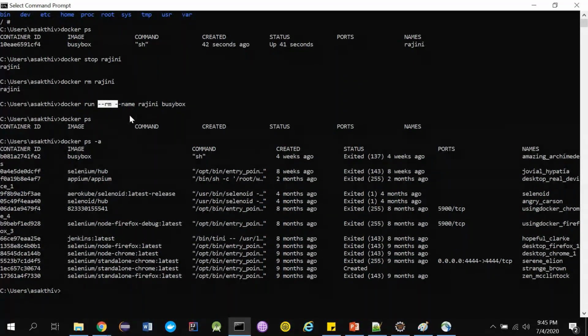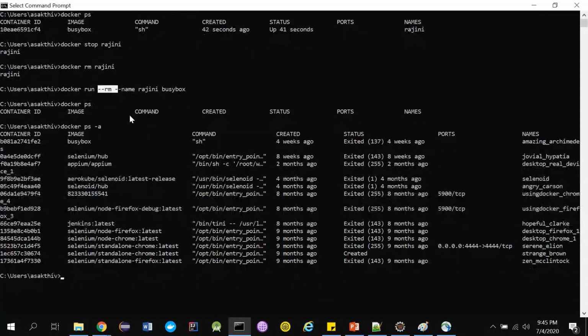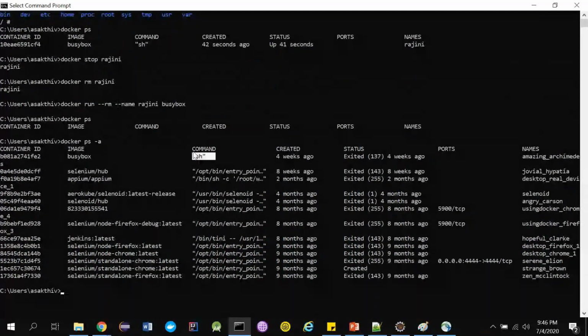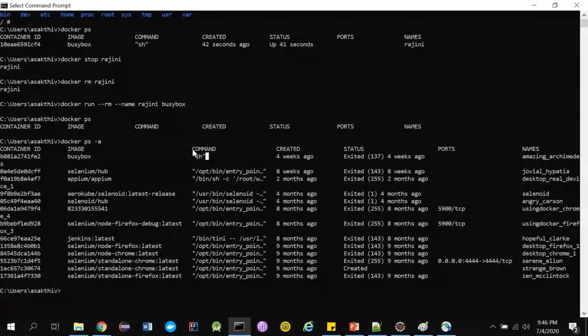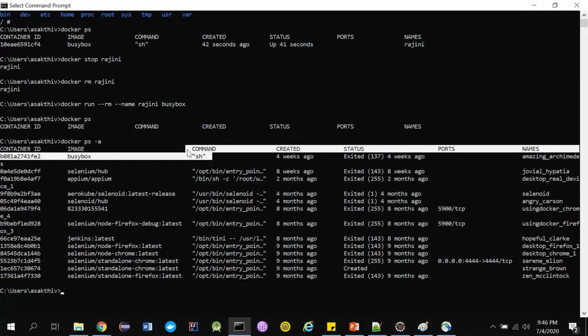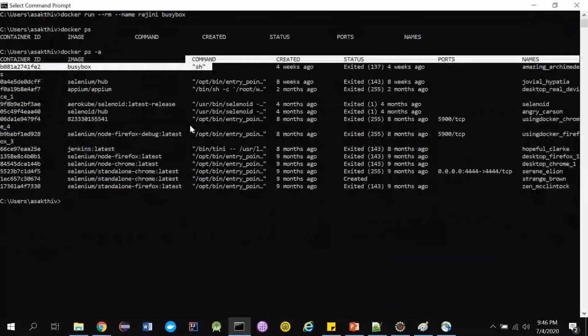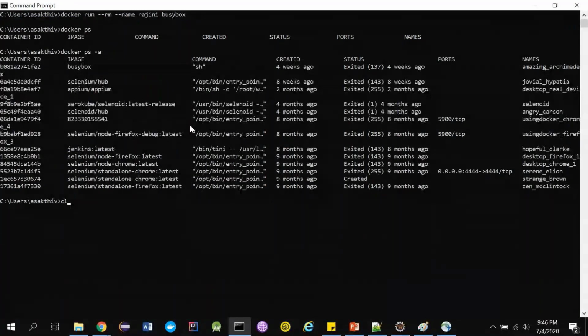Yeah, and I told you there is something called entry point, right? Is there any way that I can alter it? I want to override the default entry point. So is there any way to do that? Yeah, we also have a way to do this. For busybox we have a default entry point called shell. So I'm going to override it now. Let's do something very interesting.